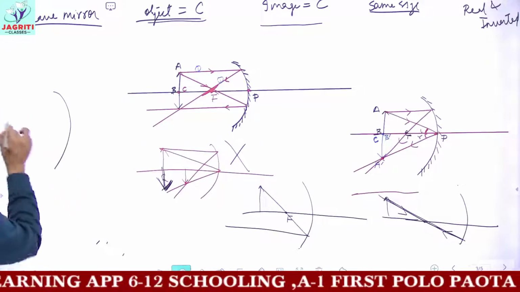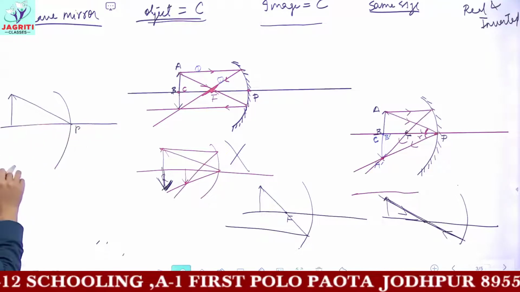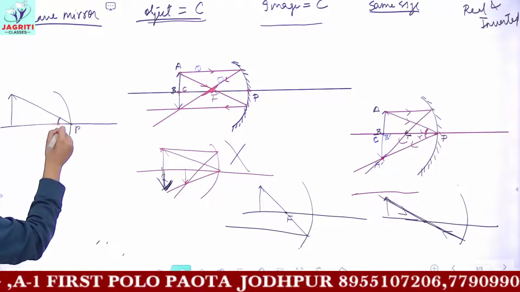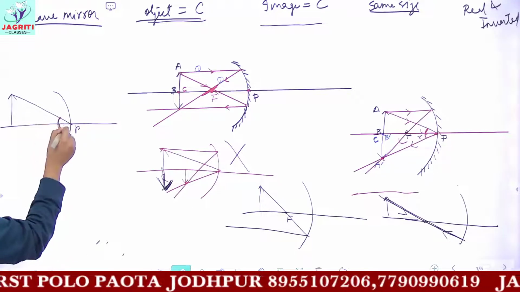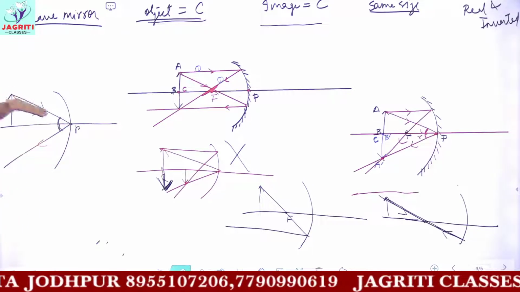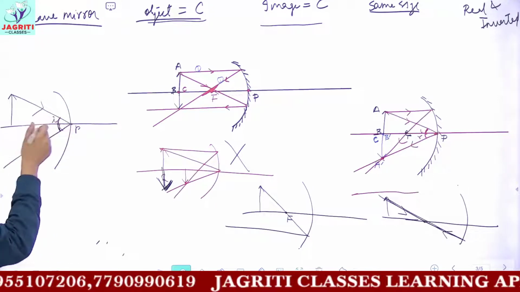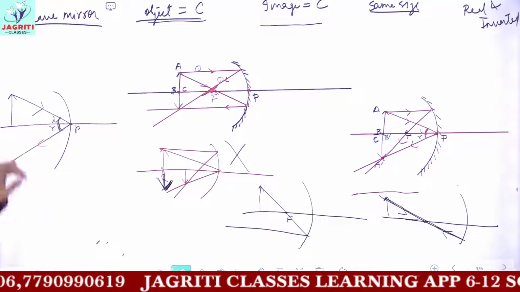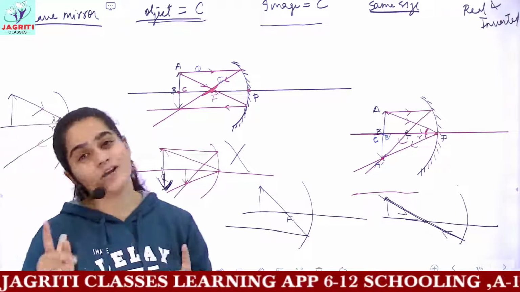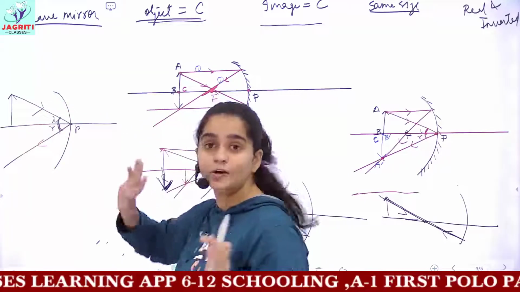And the fourth rule is, if you draw any light ray coming from the object which is towards the pole, then measure this angle approximately, okay? And you have to draw a similar angle here. And this would give you the correct representation, that the light ray which strikes on pole makes an angle I with the pole. So after reflection also it would make an angle R, and angle I and angle R, angle of incidence and reflection, would be approximately equal. If you draw like this, it would be correct, because see, angle of incidence and reflection are looking equal.